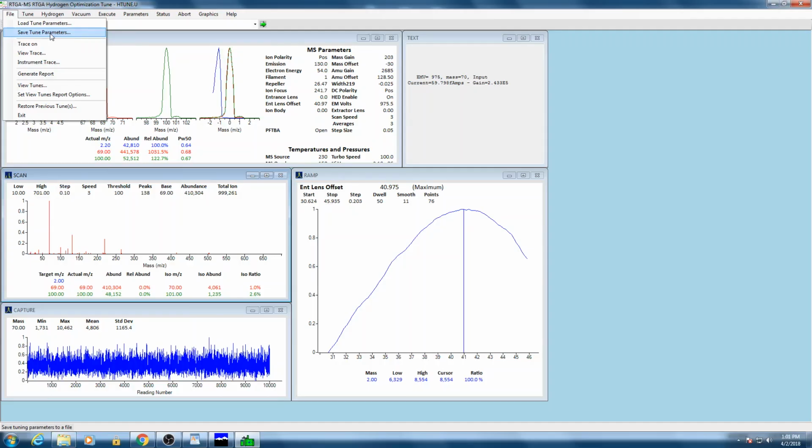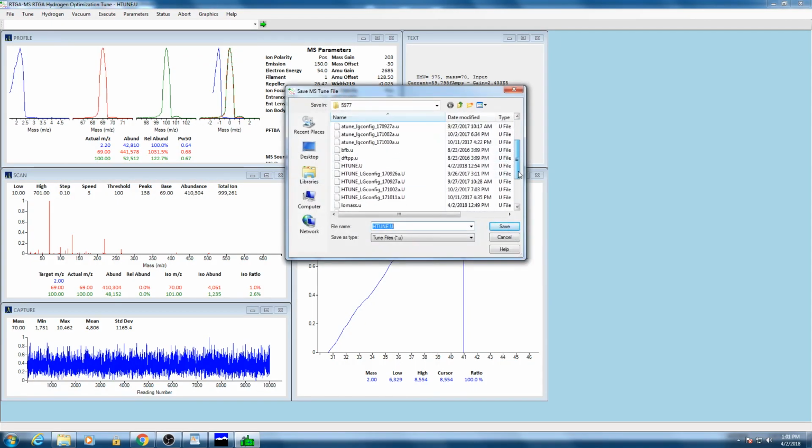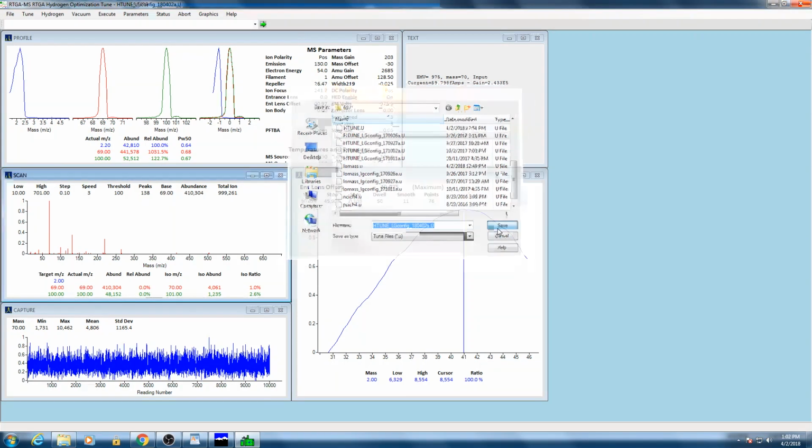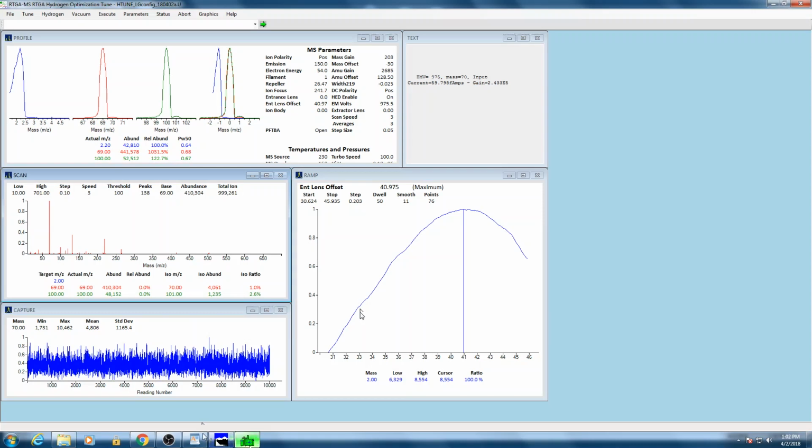But what I like to do as well is to save the hydrogen tune parameter. You can see it automatically saves under just this htune.u file. But I also like to create a secondary file just to have a backup, in case a future tune goes wrong, we can just reload this old one. So we'll save that. Now that the tunes are done, we can close this,